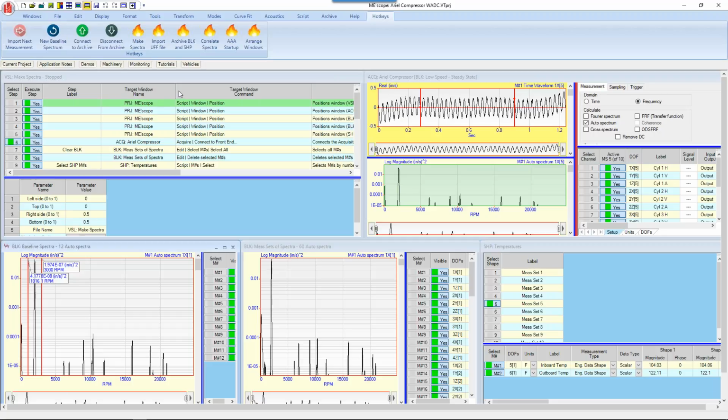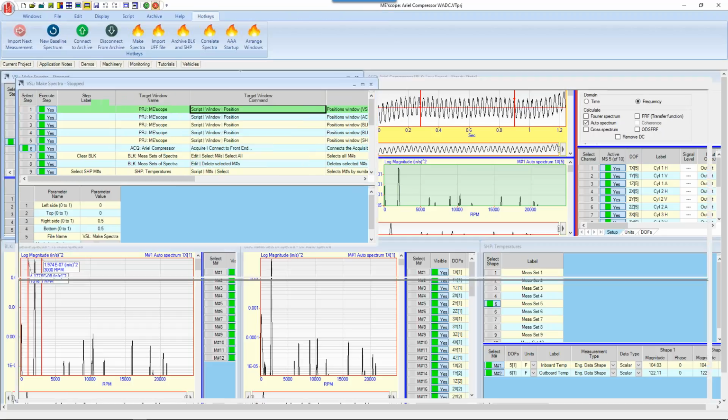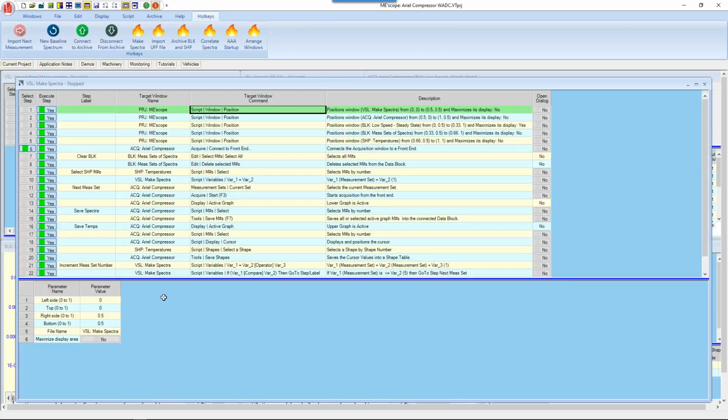Here's a script right here. Let me make this script large so you can see. These are Emiscope commands. It's a spreadsheet, and each row in the spreadsheet has an Emiscope command, and the command is executed in what we call a target window. So here's a target window name. These are different names. The Emiscope window itself. Here's a window called